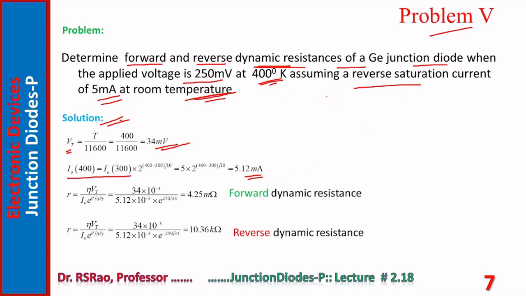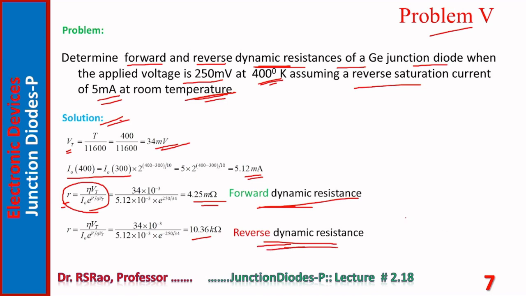Once Vt and I naught at 400 Kelvin are available, forward dynamic resistance and reverse dynamic resistance can both be determined easily using the expression R equal to eta Vt by I naught e power V by eta Vt. Notice this expression is valid for both forward and reverse biased conditions. So substituting the available values, we get R as 4.25 milliohms. This is forward dynamic resistance. We get R as 10.36 kilo ohms. This is